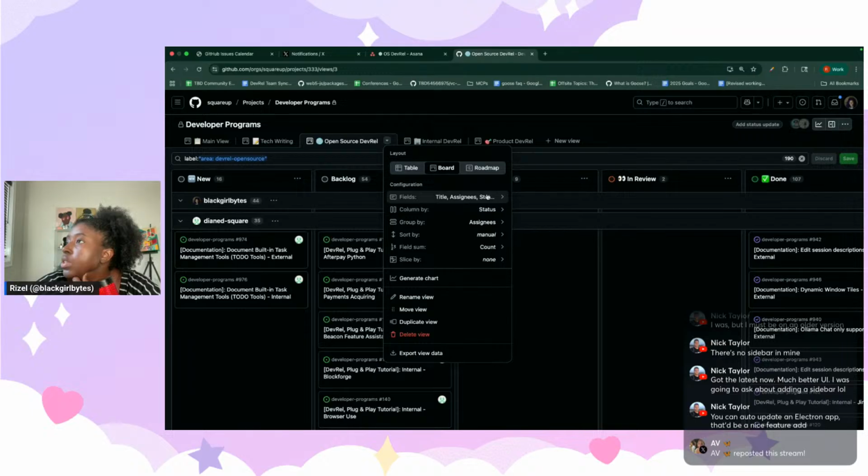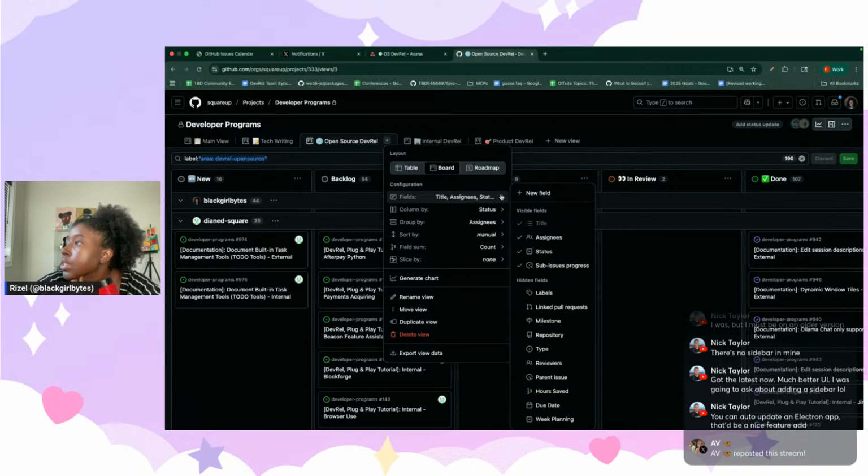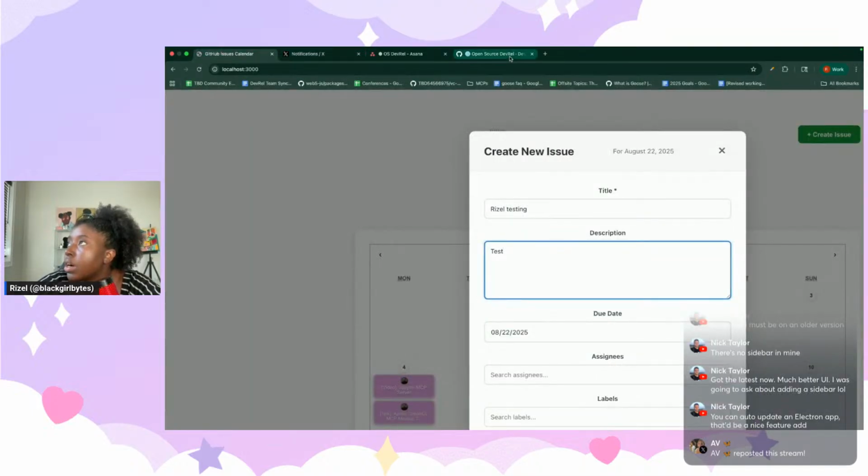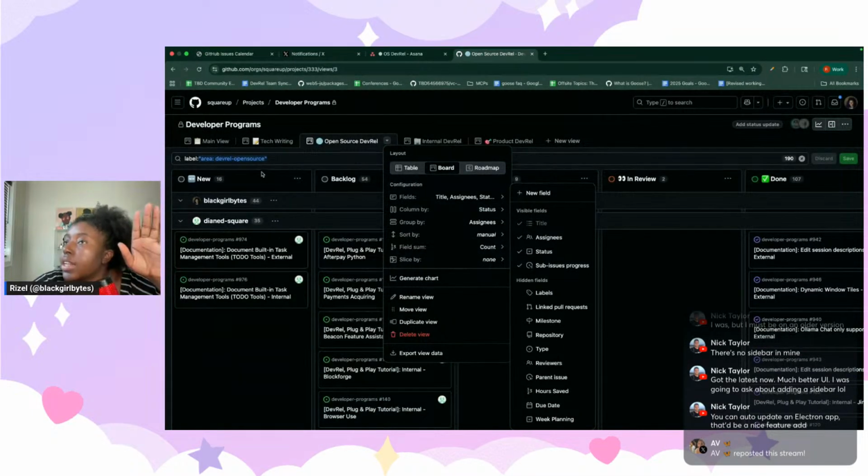What is this filtered by? Title, the spiny, sub-issues progress. Okay, don't get distracted, Rizal. What you really wanted to do was to put the columns. So I need to be able to see